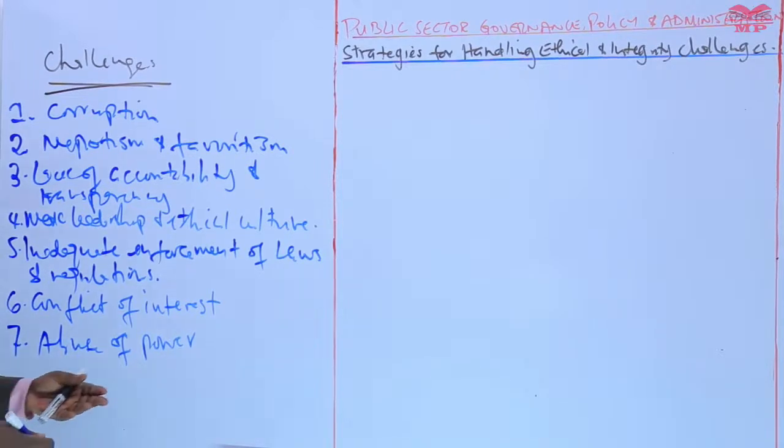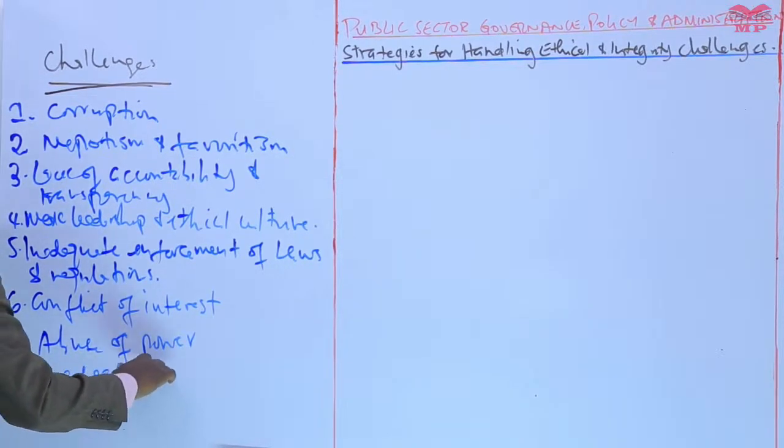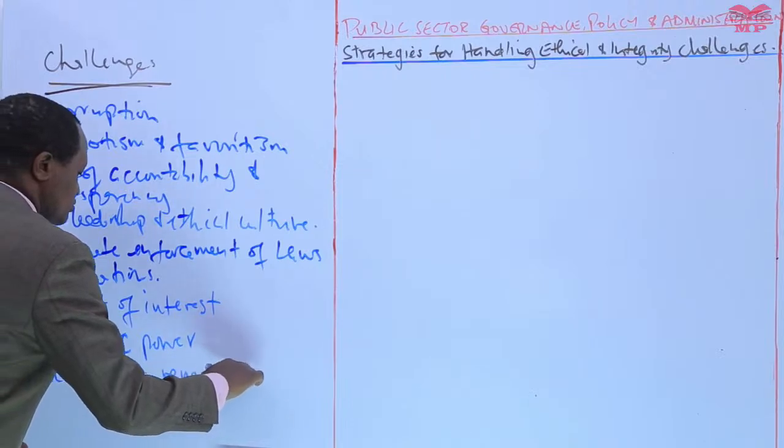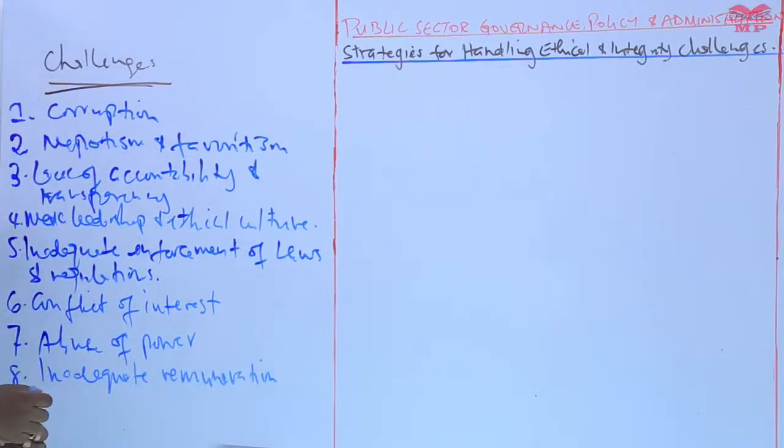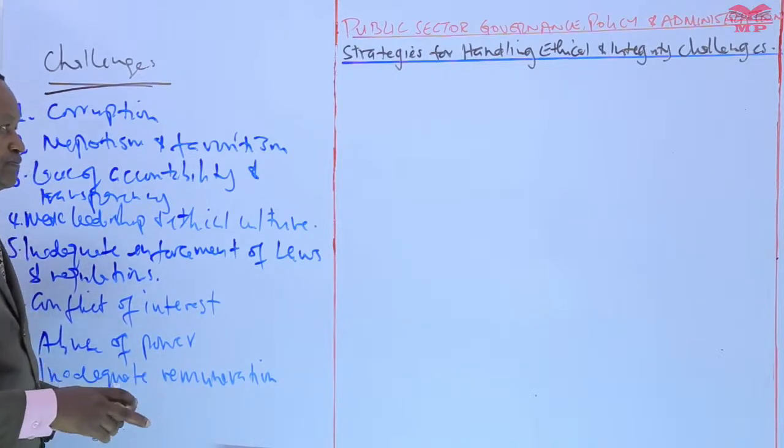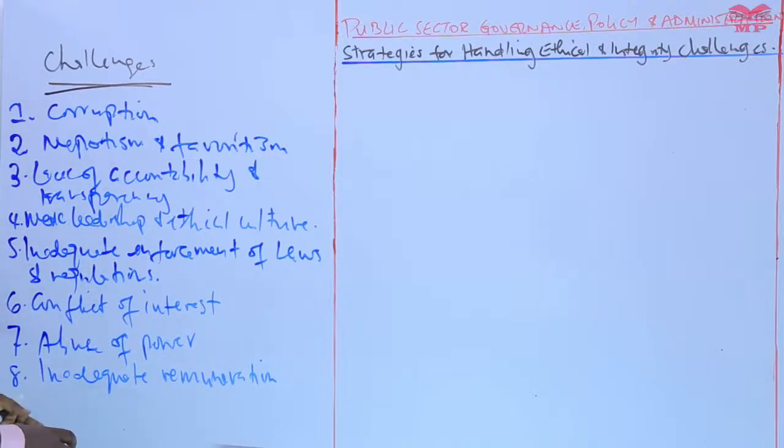So there are many challenges like inadequate remuneration. We have some officers in the public sector who are not remunerated adequately. Low salaries, poor working conditions for the public servants can create incentive for engaging in corrupt practices to supplement their income. And that can also lead to low morale, it can lead to demotivation, further undermining ethical conduct. So these are some of the challenges